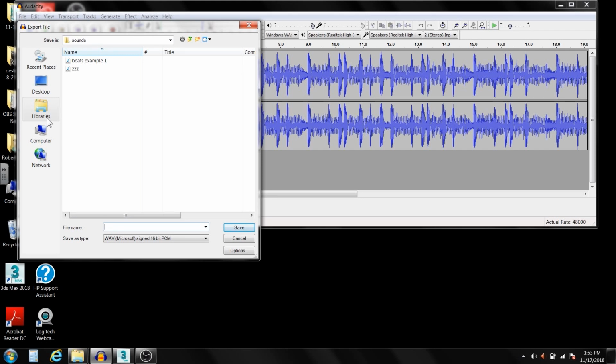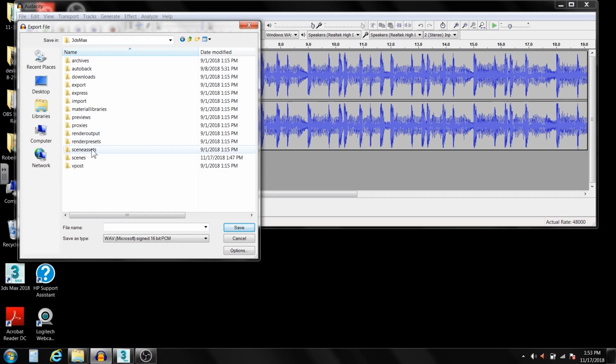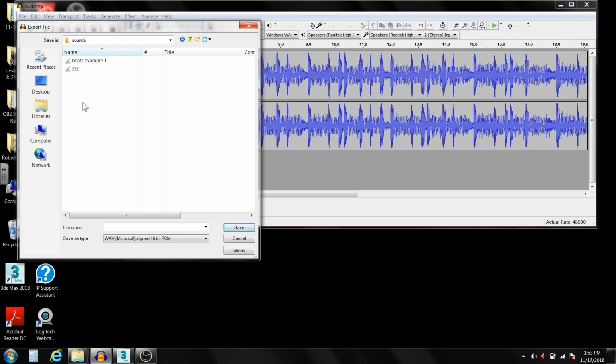And the place where I want to put it is into my sounds. So I'll go up a level or two. If I'm in my student drive and I'm in my Max folder here, I go to my scene assets and then I go to sounds. When you go into Max, that's the first place it's going to look. You could put it other places and look other places, but that's just going to be the easiest. So I'm just going to call this Beats